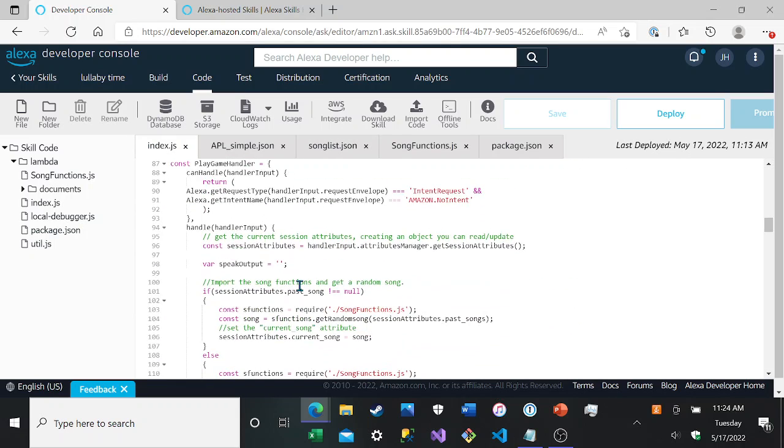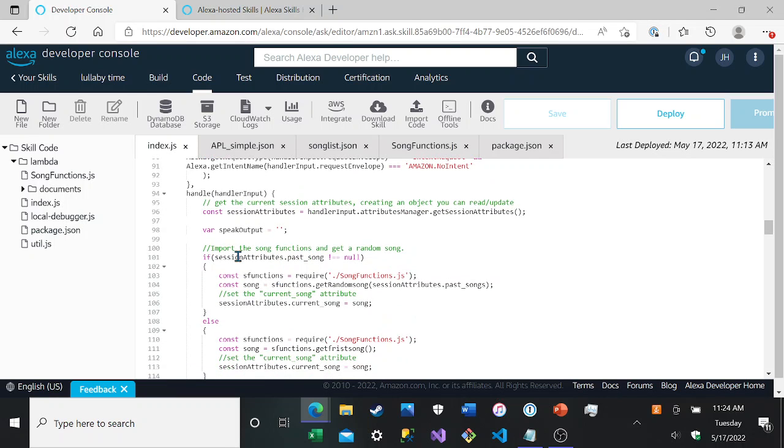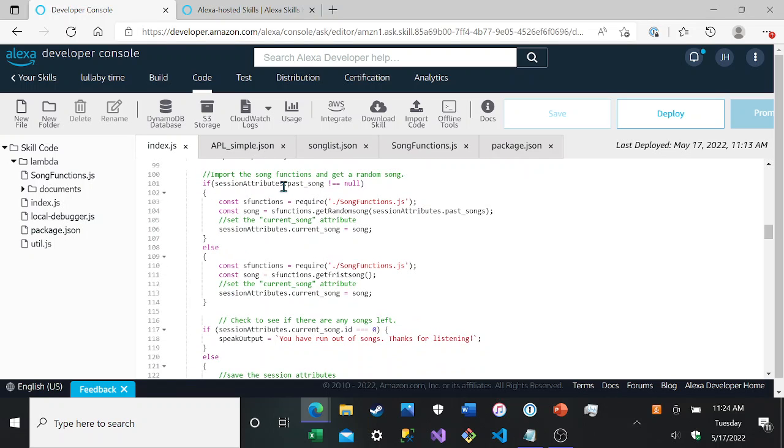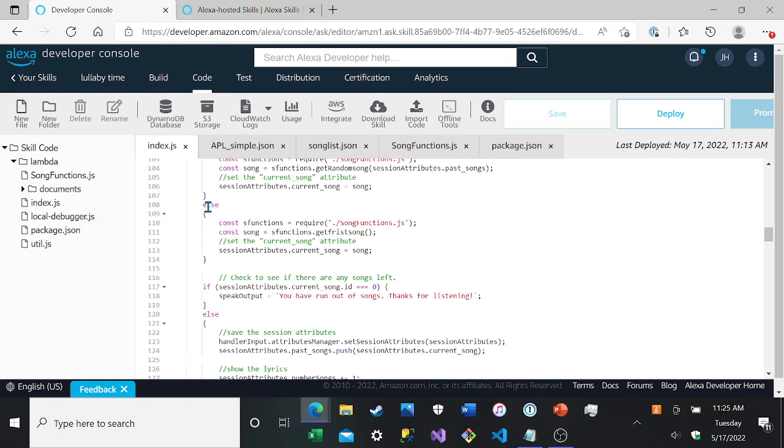So that was the request, and this was the random song. I found that if the past songs was null, which it starts out as null, it just didn't work. So if it's not null, it'll go through, get the random song, just like in the development program, or in the walkthrough. If it is null, then it won't have something to compare it to, and I named it get first song.